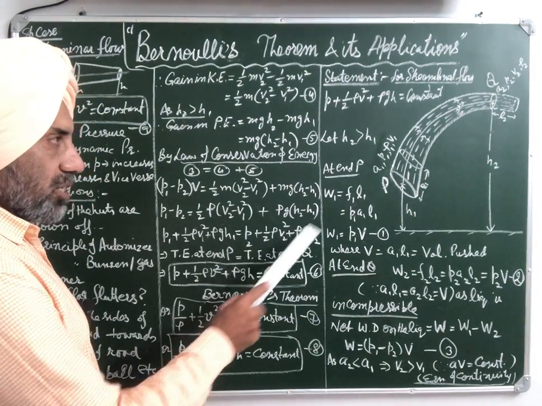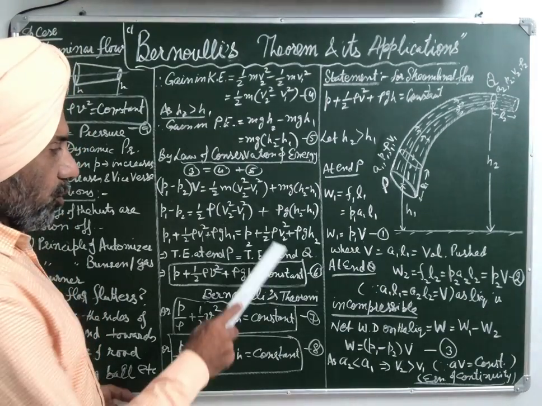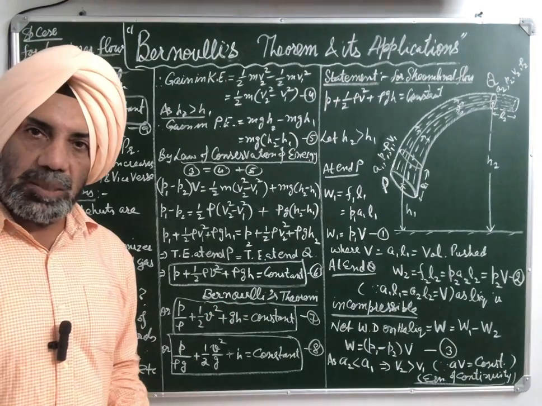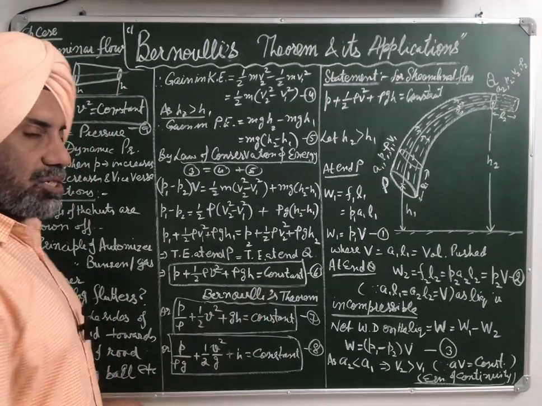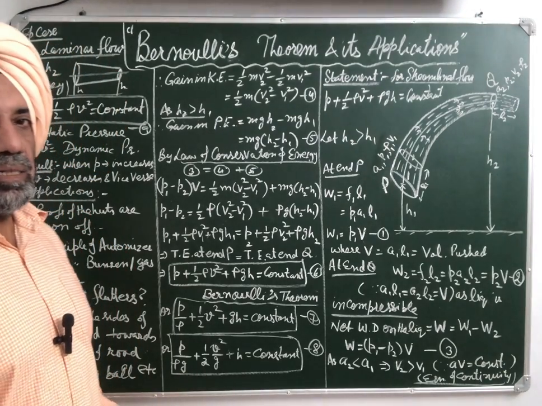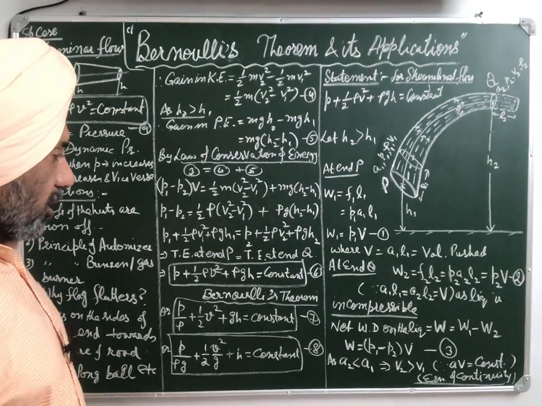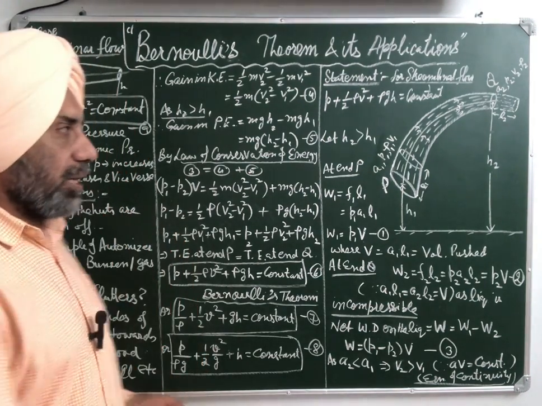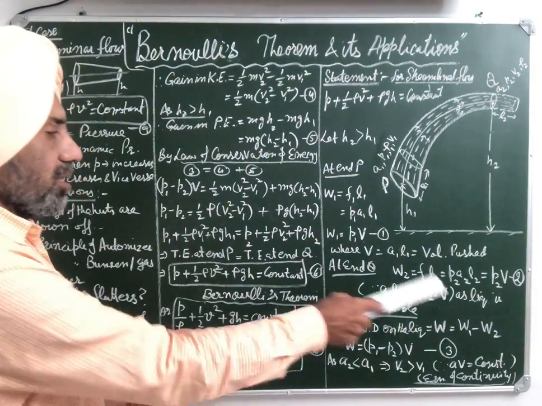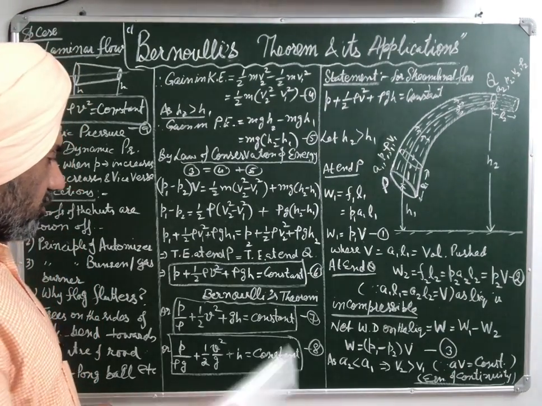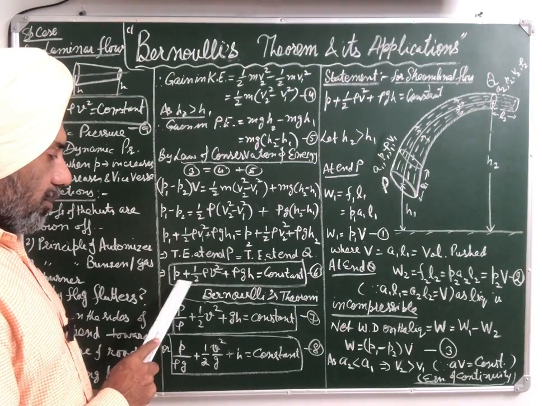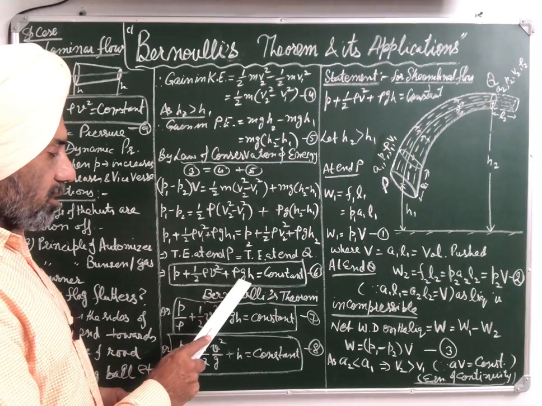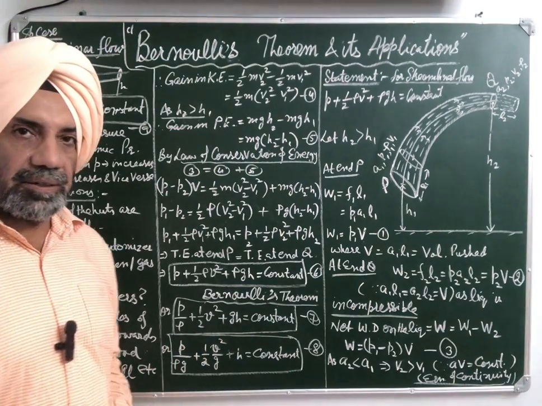Similarly, P2 is the pressure energy per unit volume at Q, half rho v2 squared is the kinetic energy per unit volume at Q, and rho g h2 is the gravitational potential energy at Q per unit volume. So it means the total energy at P is equal to the total energy at Q. In other words, we can write P plus half rho v squared plus rho g h is always constant, which